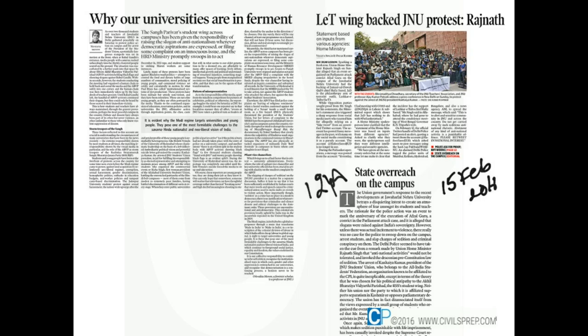Article 19(1)(a), that is freedom of speech and expression, was always a victim because of these sedition charges. So the state has to understand there is a difference between anti-state and anti-national action. There is a difference between dissent and treason. So in this context, Section 124A of the Indian Penal Code shall go towards treason and anti-national action,